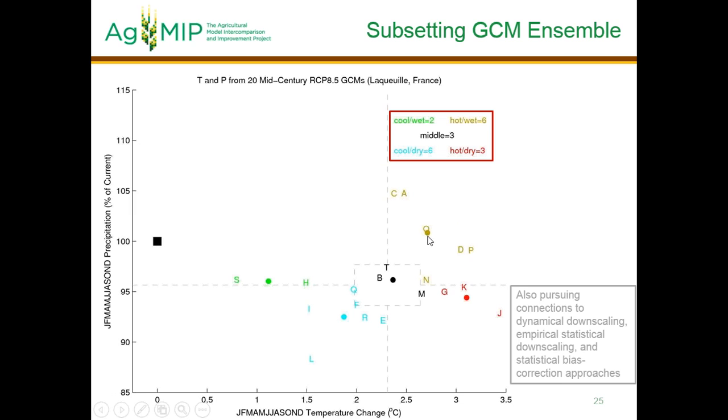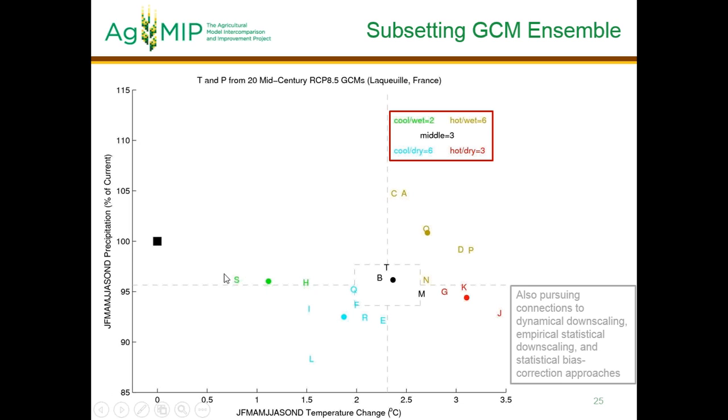And then what you see here is the dot represents the average of all of these hot and wet. So this kind of yellowy brown dot here represents the average of all of these hot and wet models. And you can see it's quite close to this O model. So that would be our recommendation for the GCM that you would use for the hot and wet quadrant at this location in France. And likewise, you can see it looks to me like the K model probably best represents